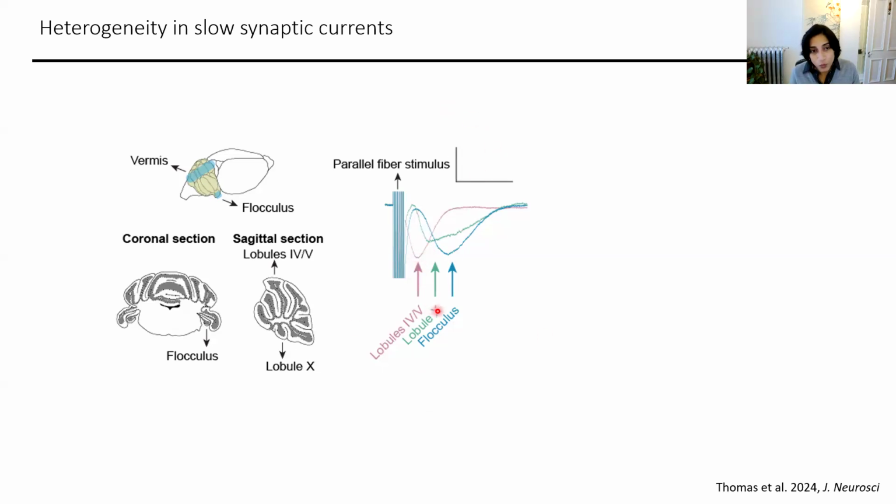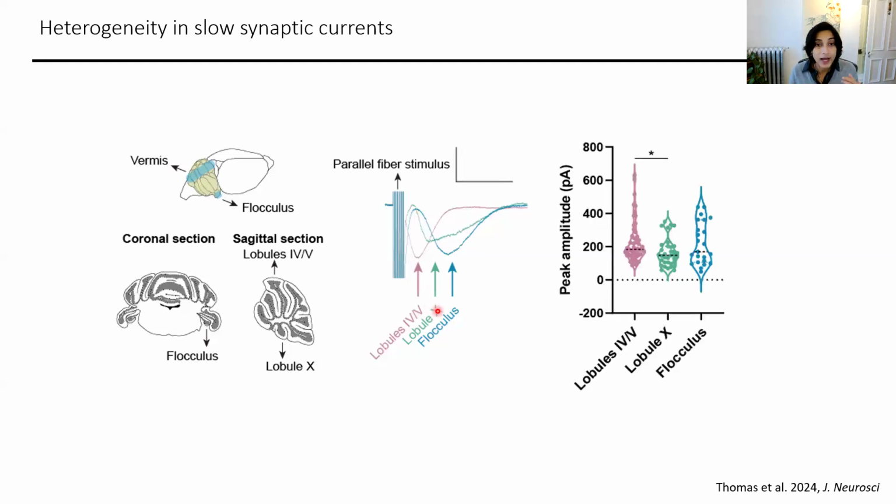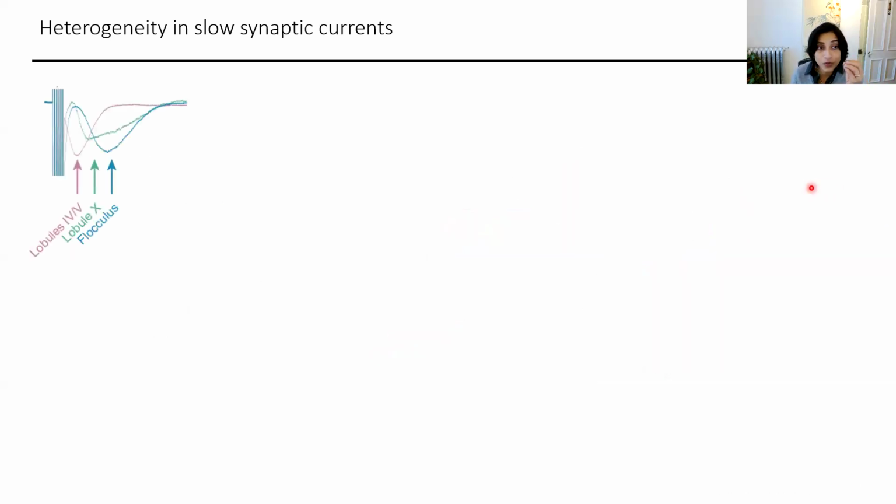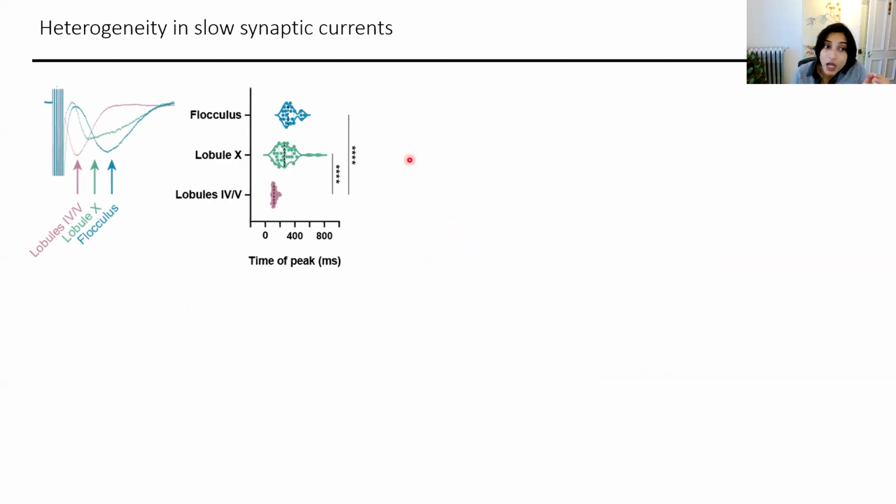So what Ria found was that these slow currents are actually surprisingly heterogeneous. The amplitude of the currents was reasonably similar. There was a slight reduction in lobule 10, which is consistent with previous work, actually. But what was really noteworthy was that the time of peak, the time at which the current peaked, was highly different between the three regions. What's also noteworthy, and this is tens of cells all smooshed up,